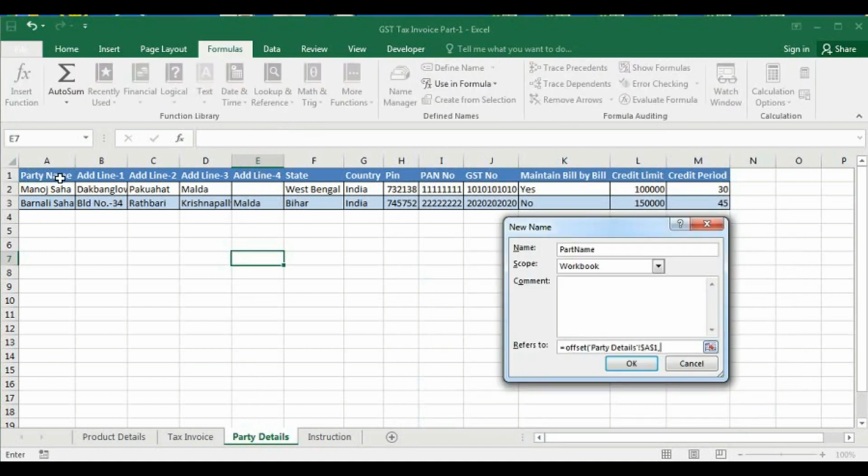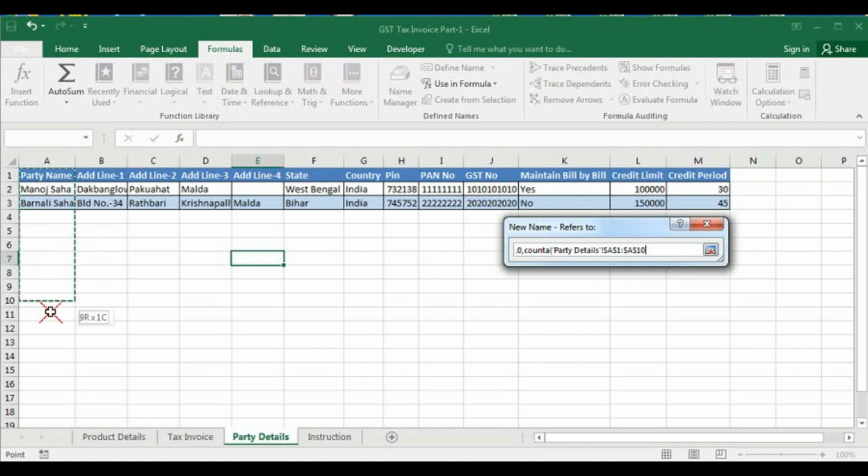Because our range starts from here, we have to go one row down. So 1 row, we don't go to the right, so 0, and now we have to select how many rows. We will use this with the formula COUNTA. So COUNTA counts all, bracket close.